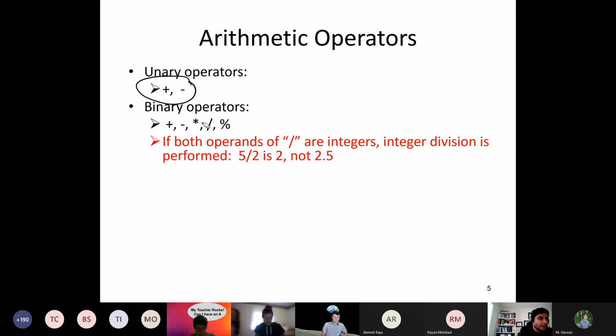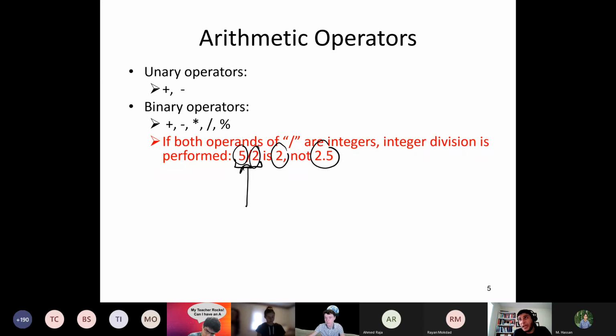Then some of the rules here, some of the tricks that are very important to understand. In division in C, if both operands of the division are integers, then you will have an integer division. It will not give you the correct value you are looking for. For example, if you are dividing 5/2, assigning this to a variable called z will give 2, not 2.5. Why? Because division is saying if both my operands are integers, the result must be an integer.